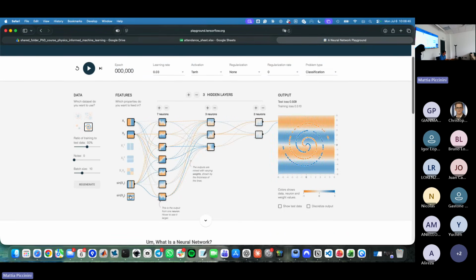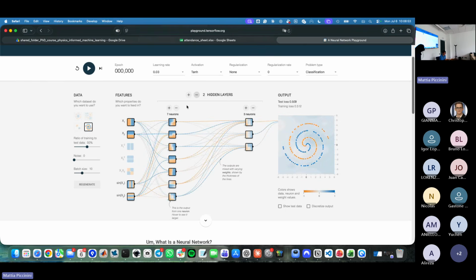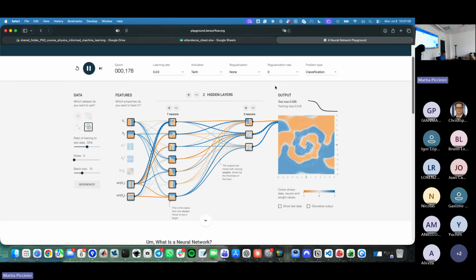So let's see if we can reduce a lot. Maybe we can also remove that. We can use only one hidden layer, but with sine of the inputs. And you see, already after some epochs, the results look quite well, or at least better than before. So this means that if you use the right features, in this case, sine of x1 and sine of x2 are features,